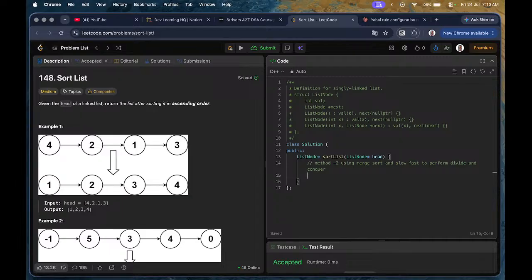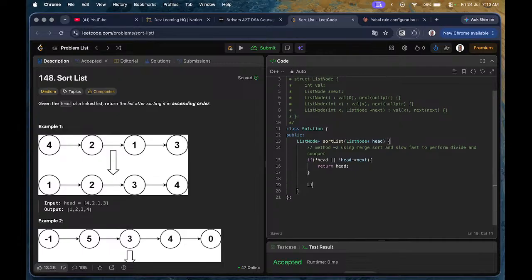I guess it's right. जो भी चीज़ें मैं लिखता हूँ हमेशा सही होती हैं. So we check if it's only a single element. If not head, or not head next, what we do is we return head. Else what we do, we create list node star slow assigned to head, same as fast